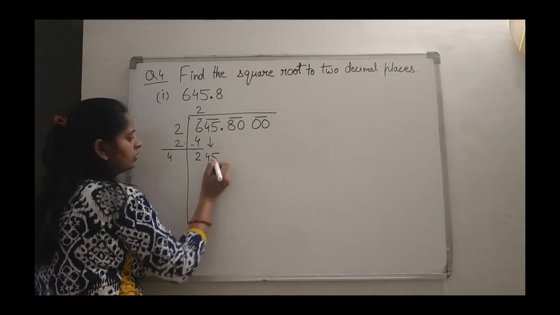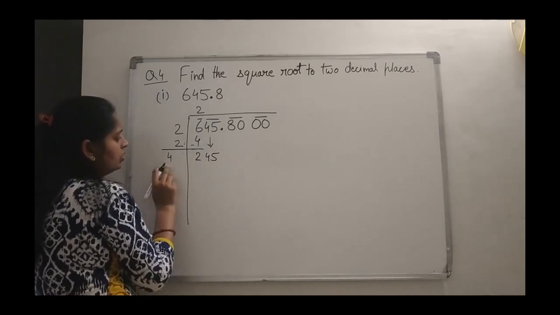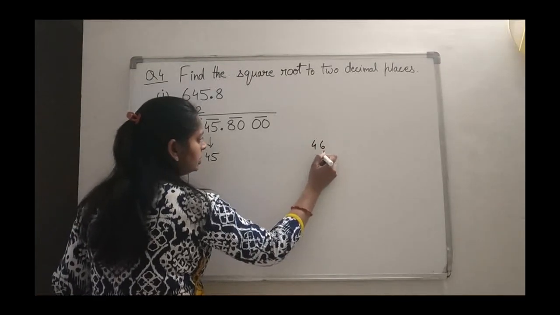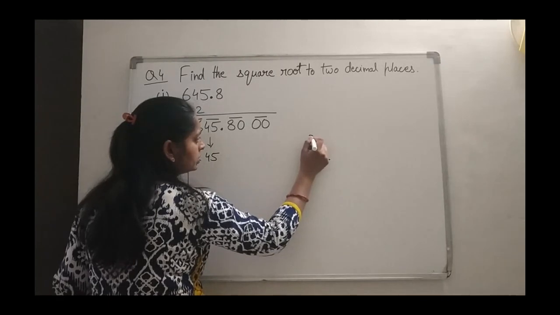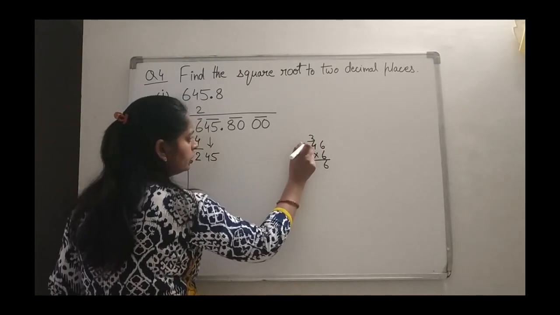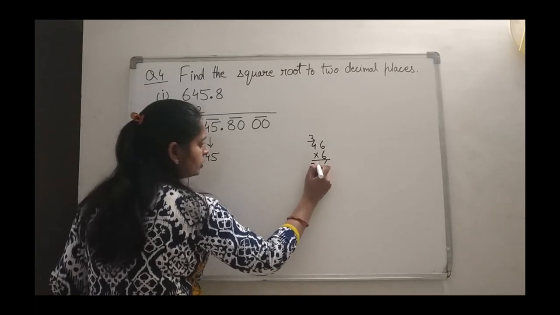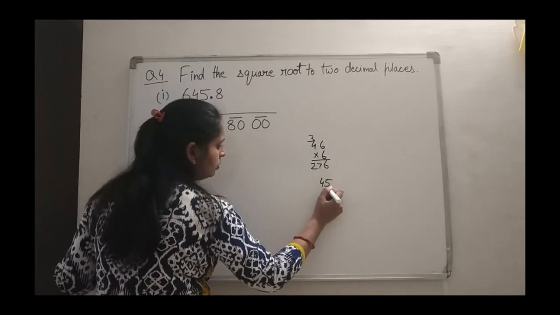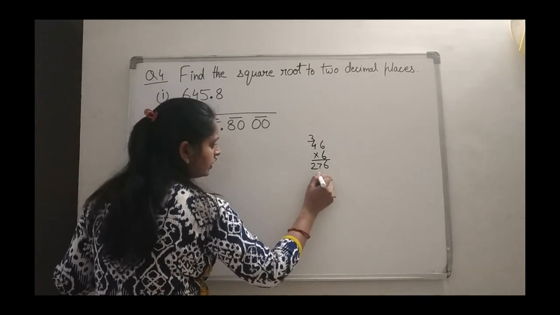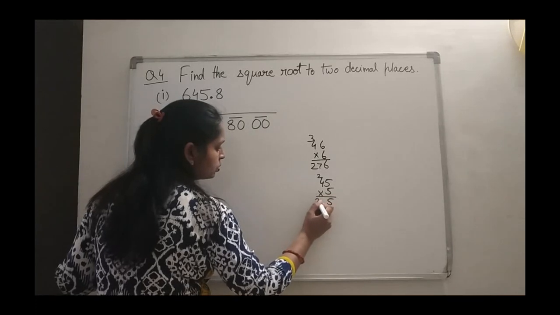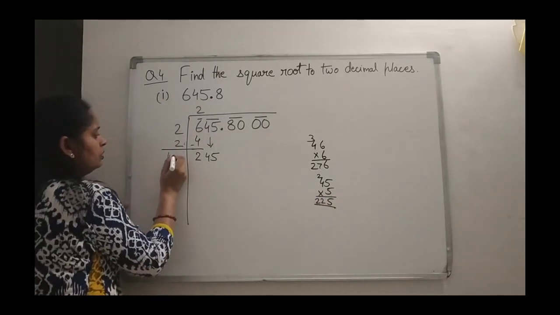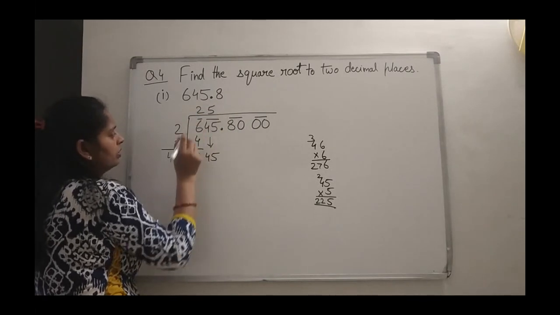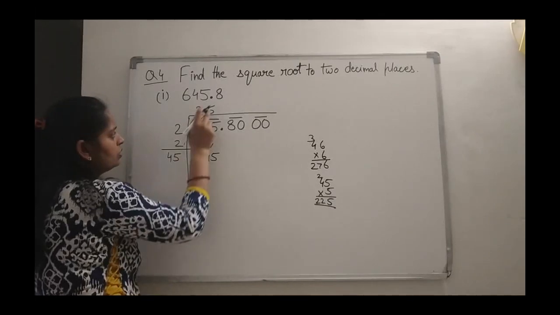45. Right? 4 is here. So what do I need? 4 6s are 24, so I can go for 46 into 6. Let's see, 6 6s are 36, 6 4s are 24 plus 3, that is 27, but this is greater than this. So I have to go for 45 into 5. That is 5 5s are 25, 5 4s are 20 plus 2 is 225. So I have to use 5 here. And I am putting 5 here, so I have to write 5 also here. So 45 into 5 will give you how much?